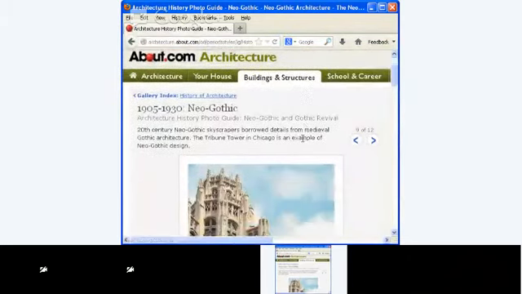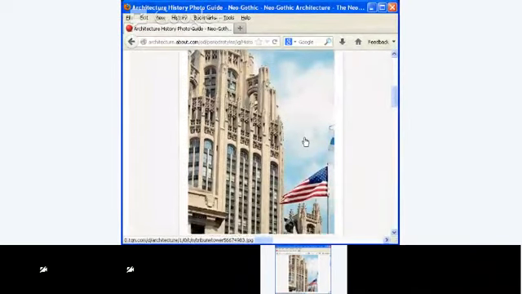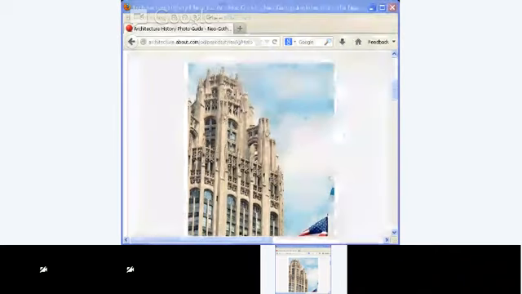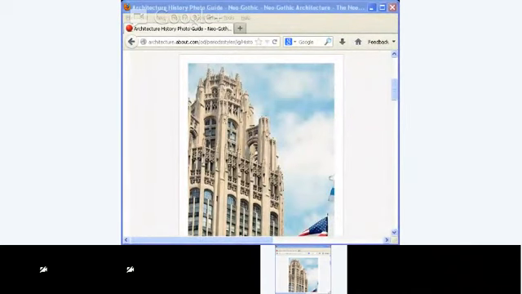And here we go, early 1900s, Neo-Gothic. Wow. This is a building in Chicago, the Tribune Tower. Wow. Freaky looking. I think this was in the Batman movies. Okay, and this is called Neo-Gothic. All right, we often put the prefix Neo. Notice, Neo-Gothic, New Gothic style. We use Neo to show that something is new. Very, very common thing we do in English.